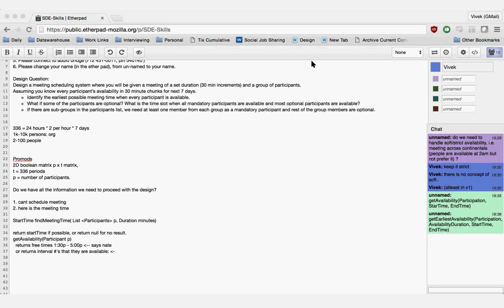Yeah. So the time is given to us, right? You want the earliest possible meeting time for a given time period, say 1 hour. So Vivek, I have a point. Go on. We are given a start and end time for the meeting to happen, so we have a duration for which we want to make sure whether a meeting is possible or not. Instead of just looping over the columns from the first, we can just start from the meeting start time, right? So you're not given a meeting start time. Your goal is to find a meeting start time.